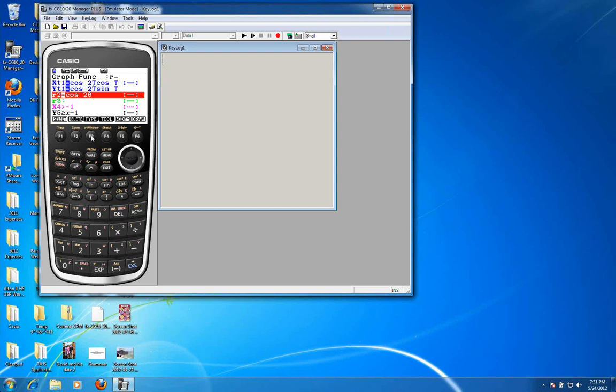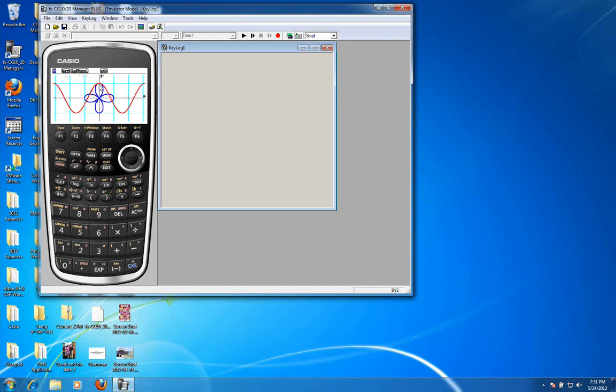I'm going to change the type to y equals. I think I have to do a modify on that, don't I, Nathan? To change it once I've got a function, unless I delete it. Let me see if I can do that. Yeah, you do have to. So if I just delete that and it's empty, now I've got it into function mode, which is what I wanted to have. So let's see if I can put in the cosine 2, and now it's going to be x because it's in function mode, and go ahead and draw that.